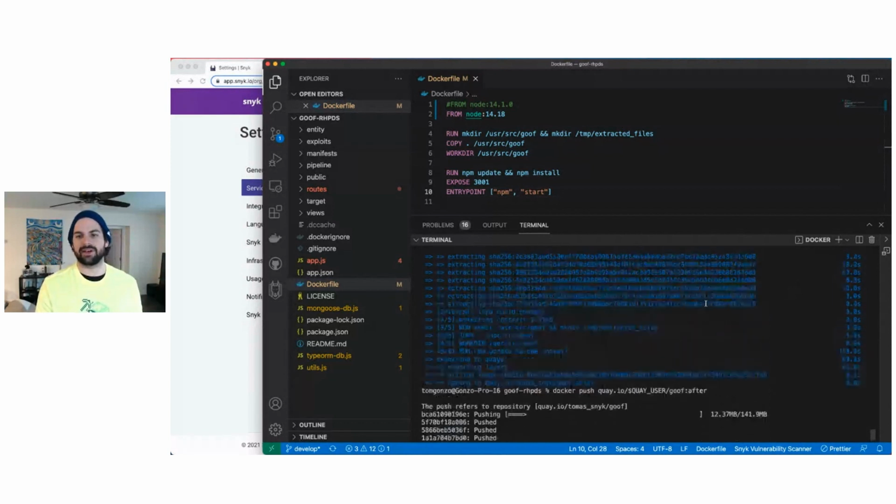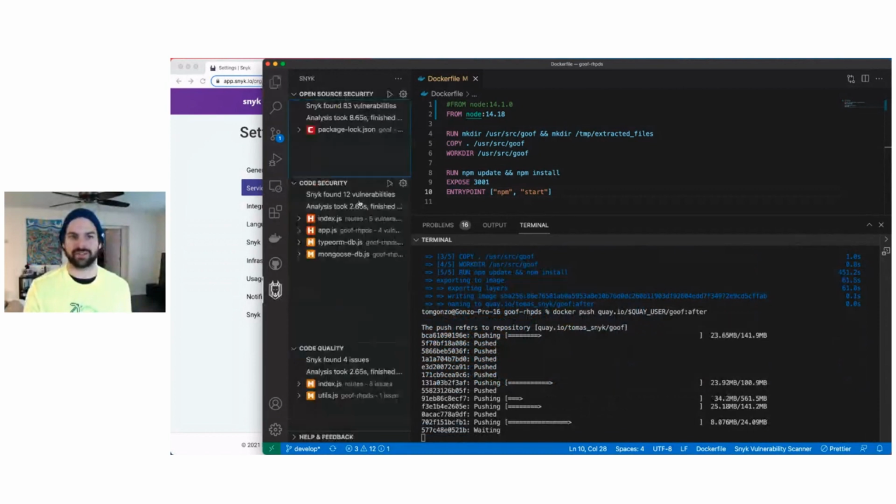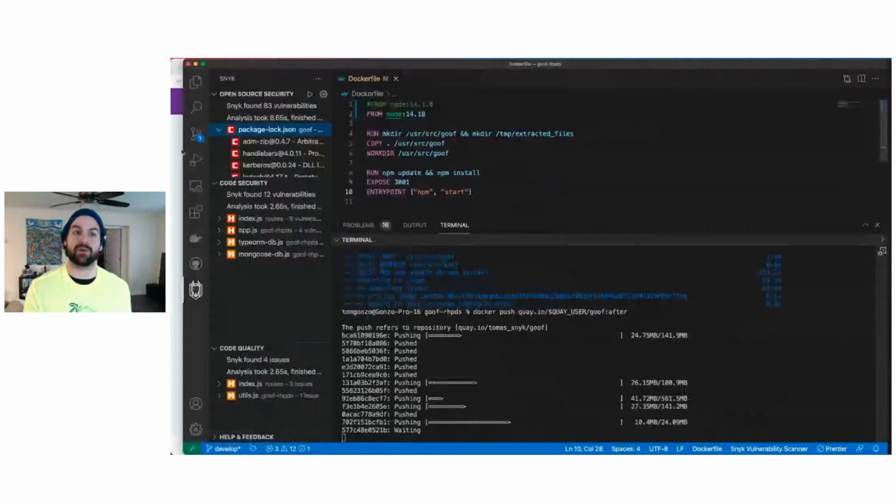While this works, you might have noticed during the build log that npm audit ran as part of the npm install process. This is a mechanic that npm uses to identify open source components with vulnerable dependencies in the application. Now, application dependencies are out of scope for this presentation, but while we wait for the image to push to Quay, the Snyk Vulnerability Scanner plugin for VS Code can find those same vulnerabilities that npm audit finds and more,